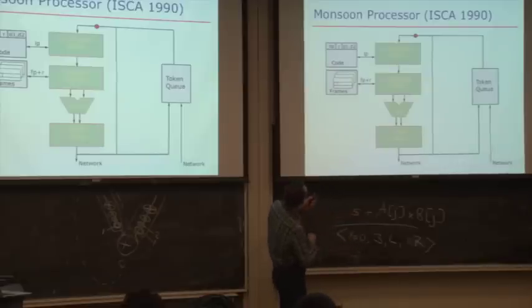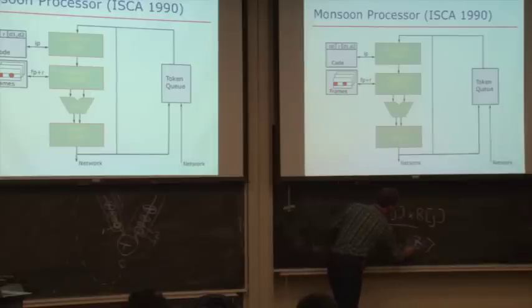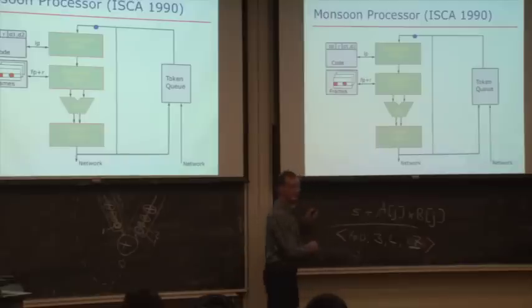Let's say this token is this token. What happens is you first query the IP at 3. Figure out that this instruction needs multiple operands. And then you query frame pointer 0. Check if a token already exists there. A token doesn't exist, which means that the other input has not been produced yet. So you store value 7 in that frame. Right. And now you need to wait for the other token to come, because only one token for that instruction is ready, which is the left token.